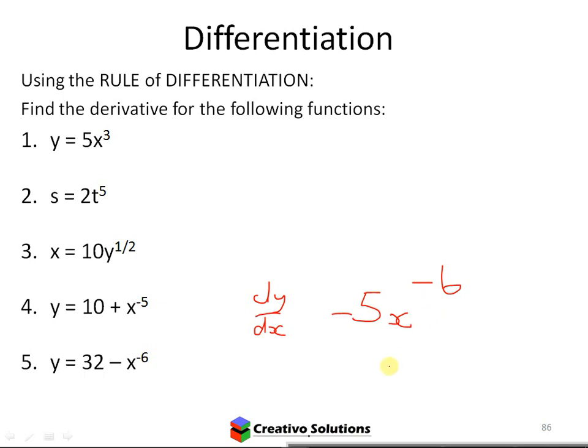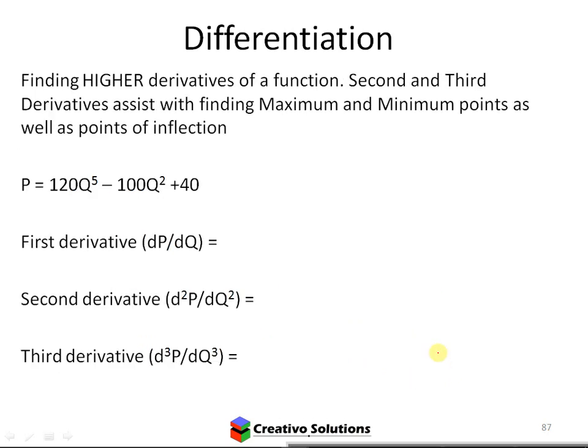Okay, what's the derivative for the last one? Minus 1. Minus 6 times minus 1 plus 6, 6x to the minus 7. Correct. Good. And that's how you do it. Okay. Right, let's have a look at